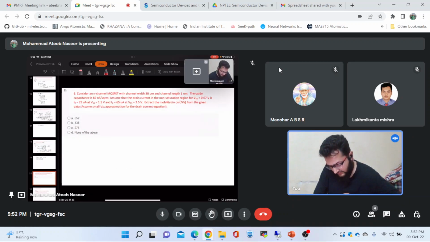Now let's move to this question 6. This question 6 says that we have to consider an N-channel MOSFET with the channel width of 30 micrometer and the channel length of 1 micrometer. And the oxide capacitance is given to be equal to 69 nanofarad per centimeter square, and the drain current in the saturation for this small VDS. It means that we are operating in